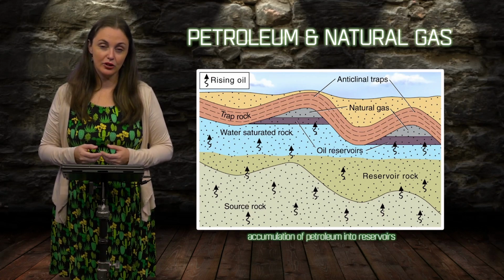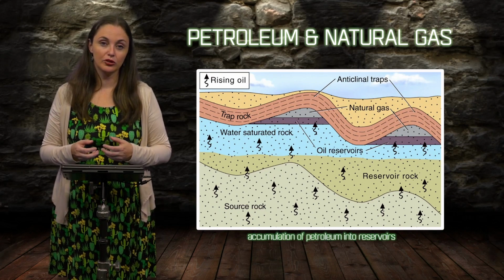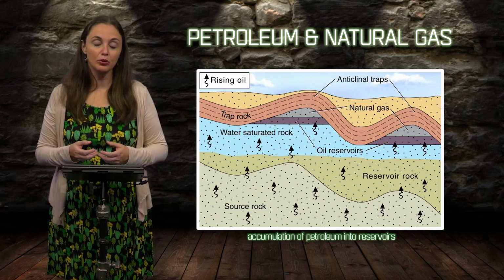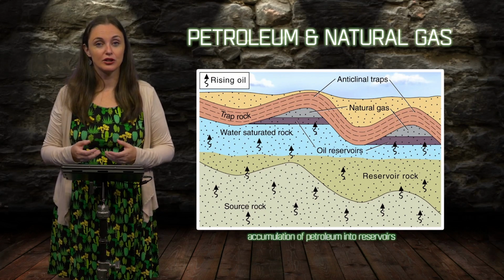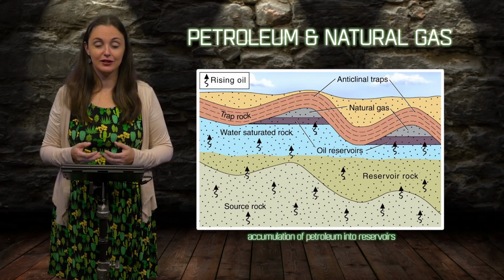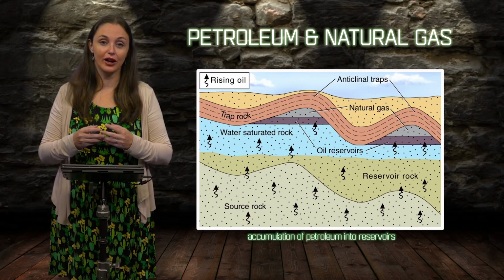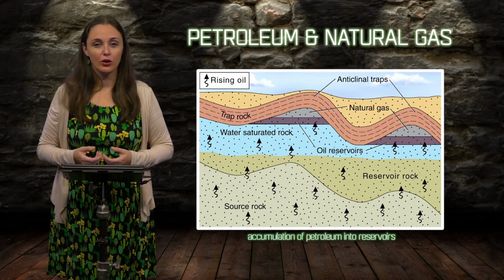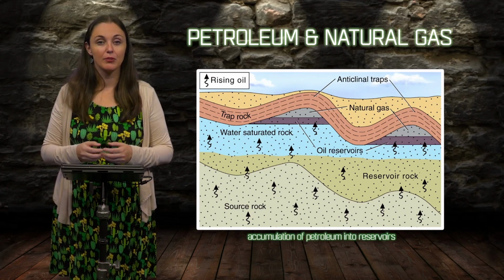So what happens here is once that oil forms, it's rising up through the water, it's moving up towards the surface, and then it tends to pool in one of these upwards facing folds. In structural geology, we call that an anticline. It tends to make an A, right? You have all of these folds pointing upwards. So all that oil wants to move up into the anticline where it ends up trapped because it can't